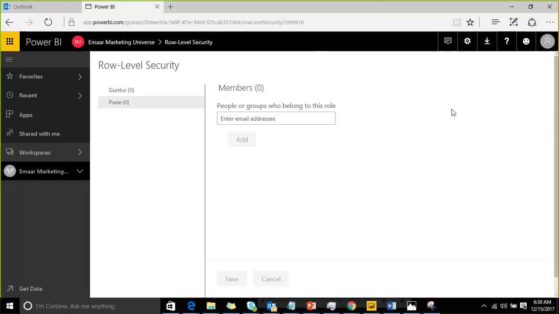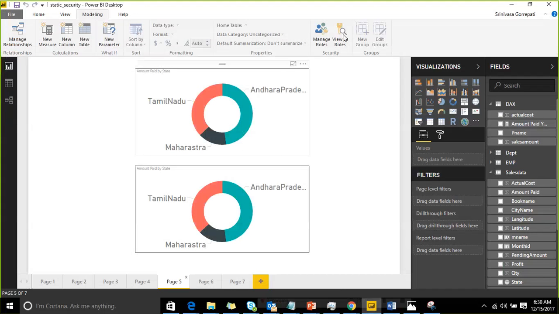Okay, fine. So that is the security available in Power BI Desktop. But I'm saying that the modeling concepts and security concepts we are discussing, as part of best practice, we will not implement in Power BI. We will implement them in SSAS.